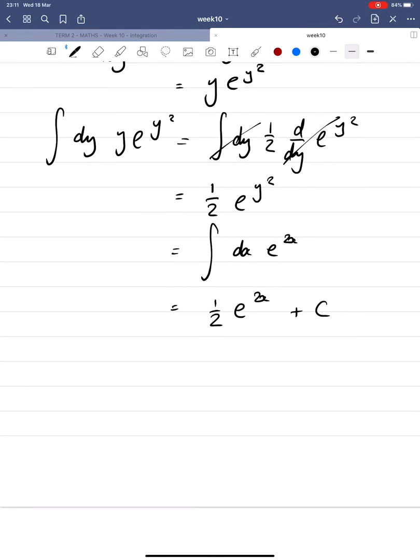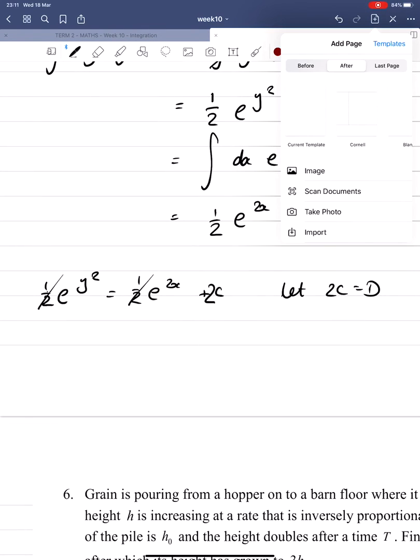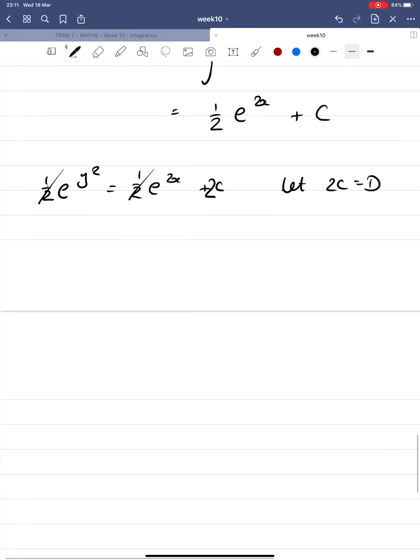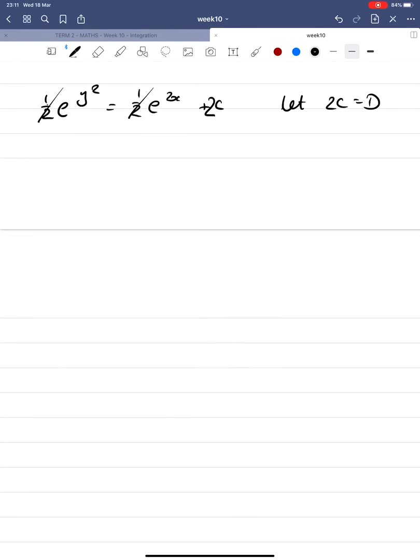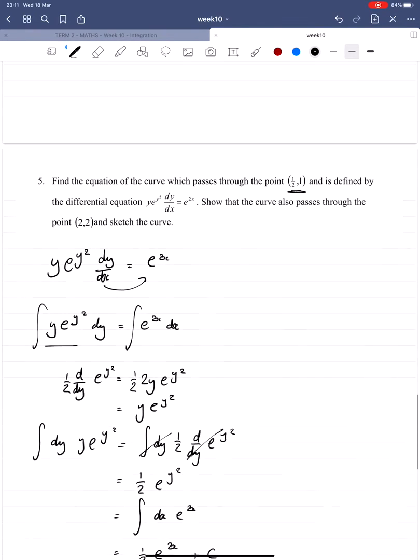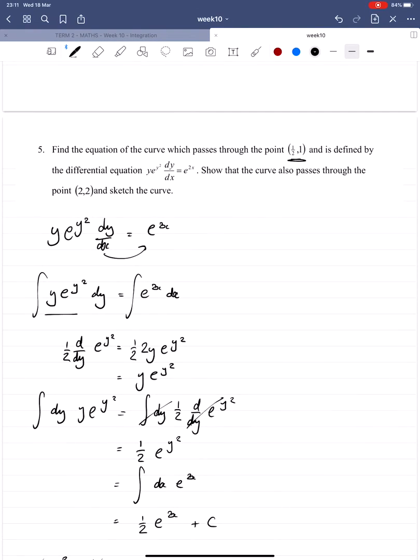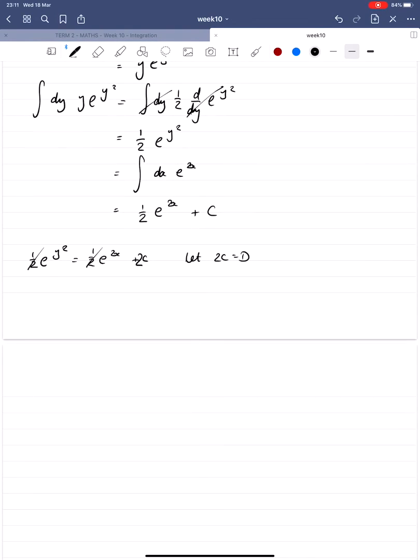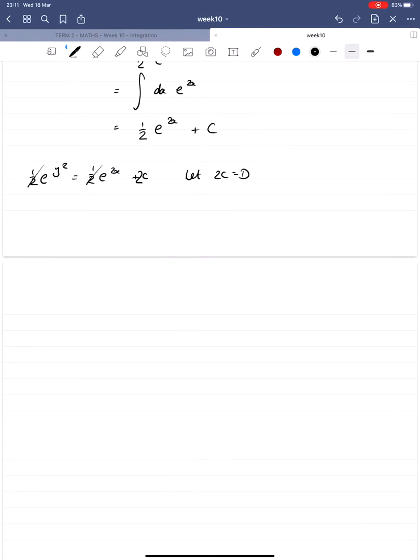Okay, so I've got a half e to the y squared is equal to a half e to the 2x plus c. Going to times by 2, and then I'm going to let 2c equal d. Just tidying that up a little bit. Then I'm going to take the logarithm of everything. The reason I'm going to do that is this is asking us to find the equation that satisfies this ODE. That means we need to find a y of x. And at the moment I've got exponentials, which I don't want,